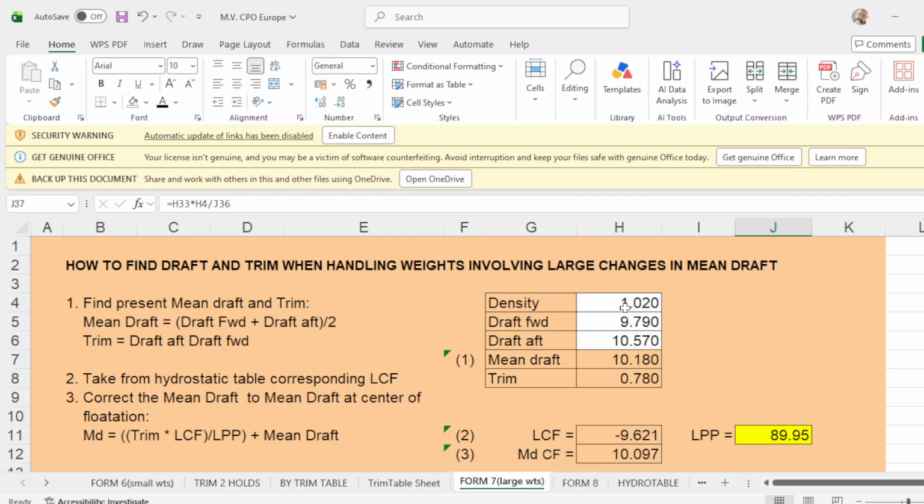So our initial drop density at berth is 1.025.